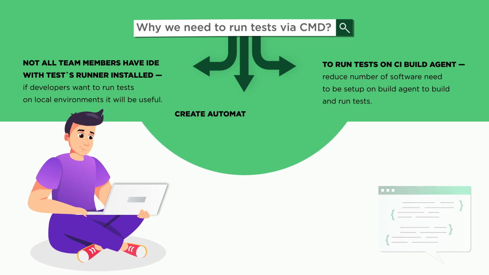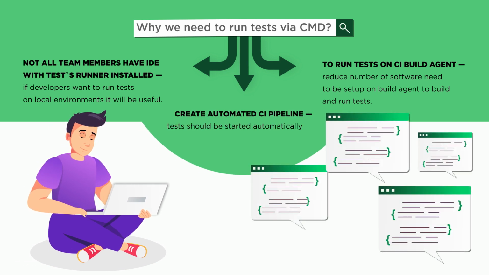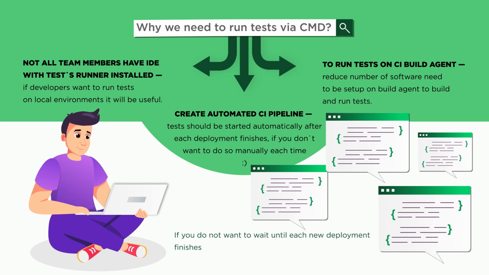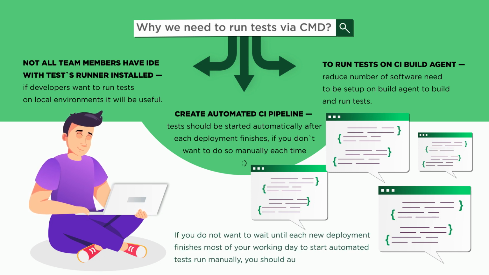Finally, running tests via CMD can help to make your own automated test pipeline for the web application deployment. Let's imagine that your application is deployed on the test environment after each commit from a developer. According to the best practices of automated testing, a small suite of API tests should be run after each such deployment on the test environment. If you don't want to wait until each new deployment finishes